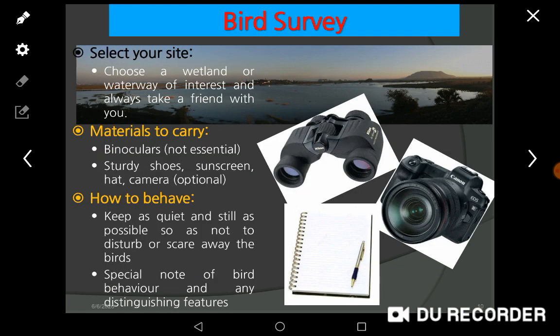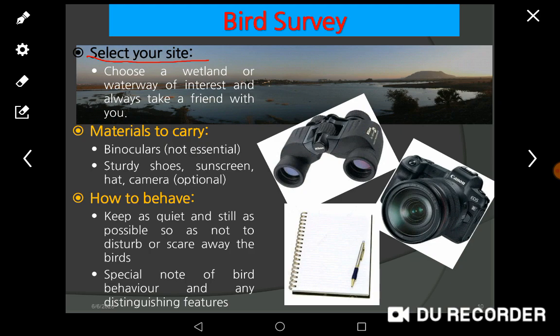Let's go for this bird survey now. Whenever you are ready to go birding, first you need to select your site. Selection of the site is very important, because wetlands are very important sites, and you should not go inside the wetland, as well as you should not disturb them at different times.